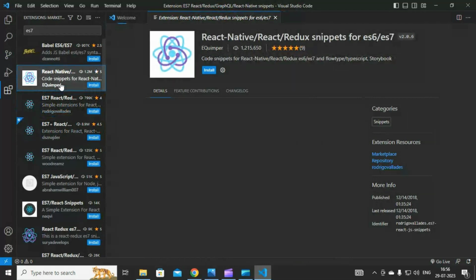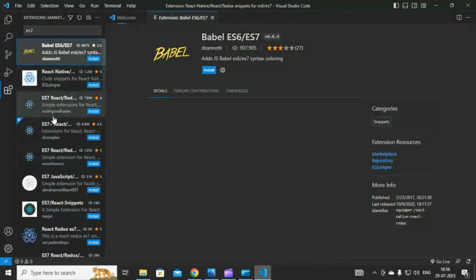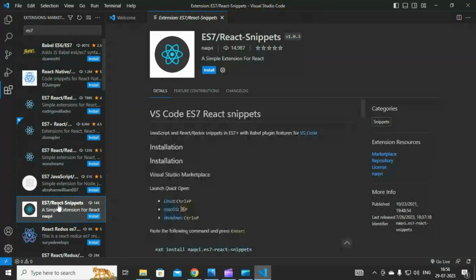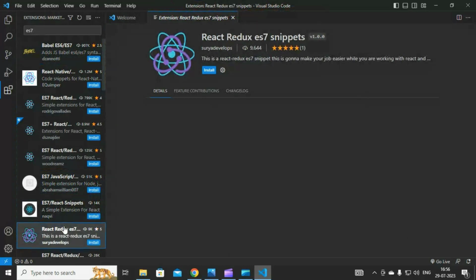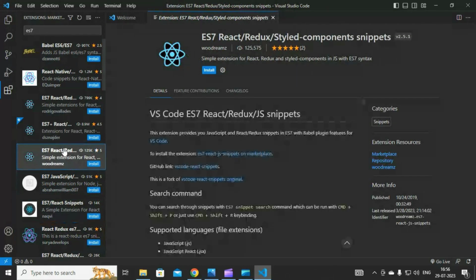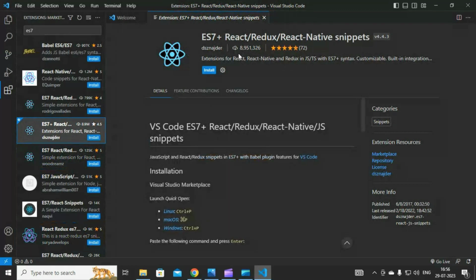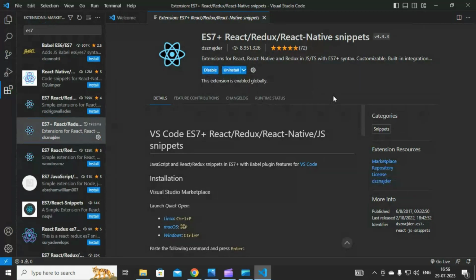There are a few more options here, so I'm just making sure that we are selecting the right one. So yeah, this is the final one. Okay, so ES7 React Redux React Native snippets from dsznajder. You can just make sure that you are choosing the right one, and once you select that on the left, then click install over here. Okay, so that is also installed. So all these three extensions we have installed, that is Live Server, Prettier,